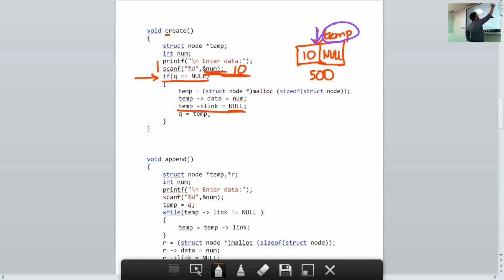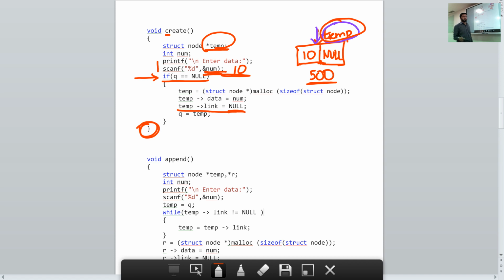Got it? Now remember that I told you temp is a temporary variable. The moment we exit the function, this temporary variable value will be lost. So now who is pointing to this node? Temp is pointing to the node with the memory address 500. But when we exit this function, the value of that variable will be lost. So we want to save that value somewhere.